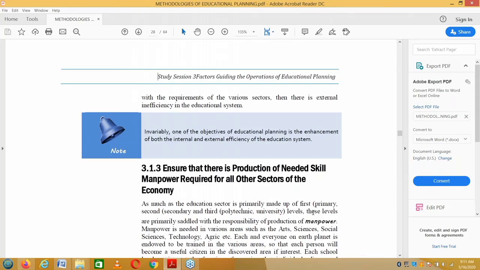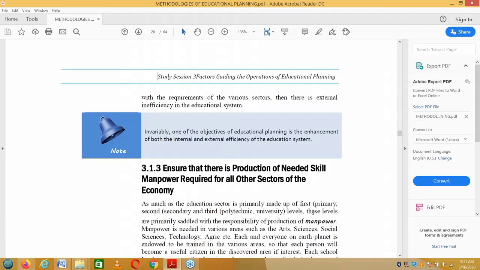It ensures that there is production of needed skills and manpower required for all other sectors of the economy. Now, in planning of education, there are different phases of planning. So, the needed skills required by different sectors of the economy should be put in mind in the creation of curriculum to enhance efficiency in manpower. Now, as much as the educational sector is primarily made up of primary, secondary, and tertiary institutions,